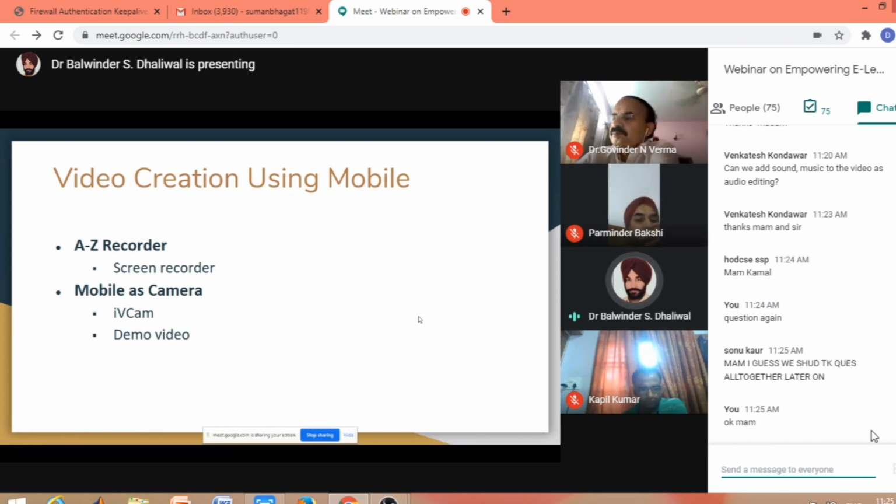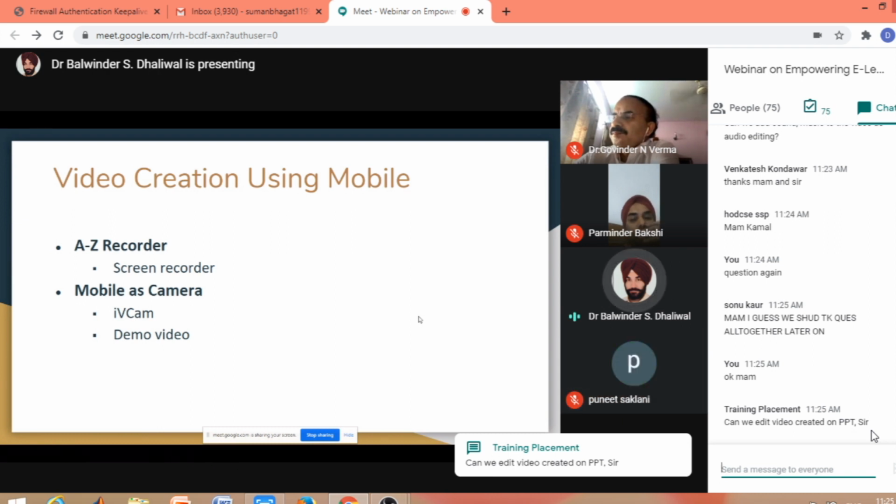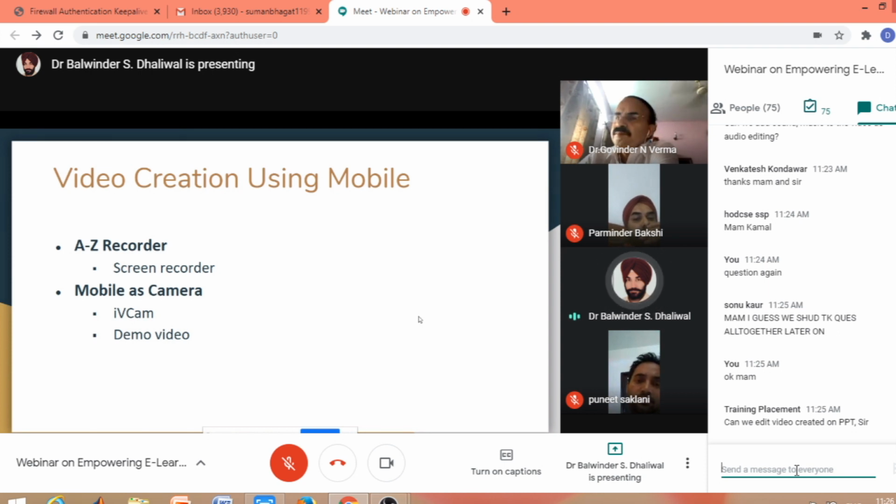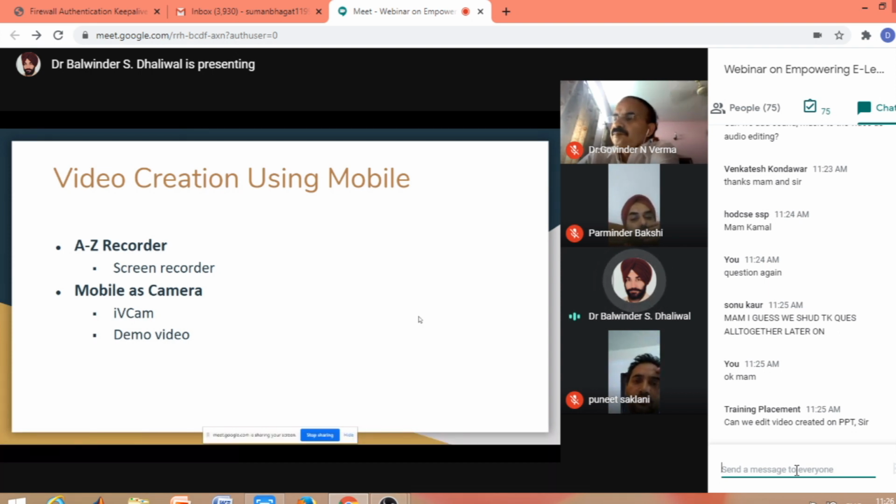We can save our slides as PDF. On many mobiles, if we want to run a slideshow using PowerPoint slides, it will not run properly, so there may be problems. So you can convert your PPT into PDF, then open that PDF and run your screen recorder software. By connecting headphones, you can record that screen along with your voice. That way we can easily use our mobile for recording the video lecture. Along with slides, we can add our narration.